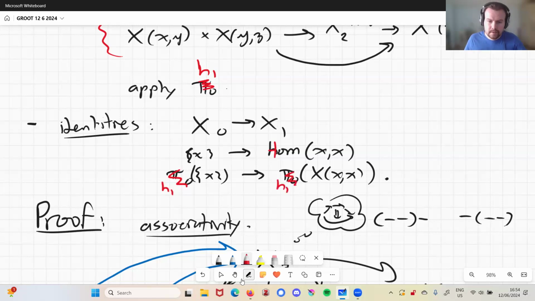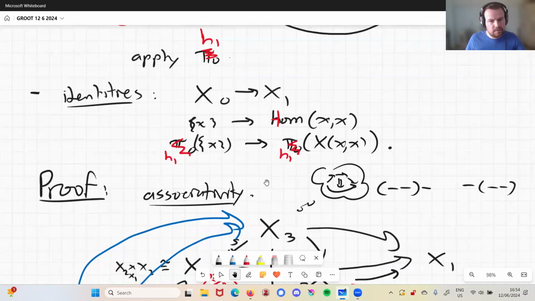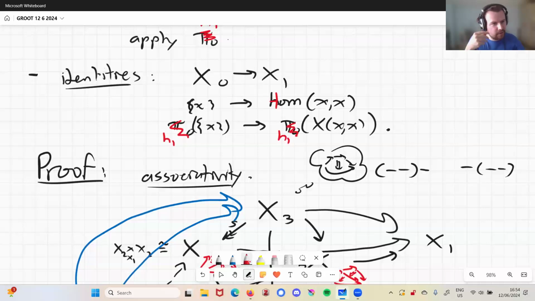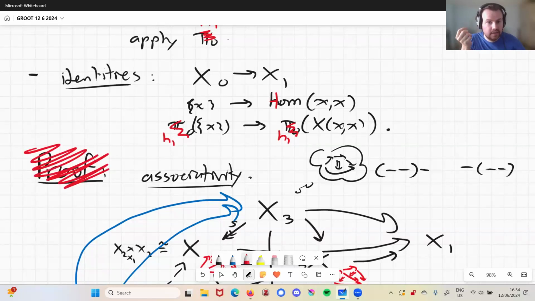All right. But now the statement of the theorem isn't done because for associativity, we no longer have the condition of associativity. We have the structure of an associator. So I'm going to get rid of this. And I'm going to talk about getting the associators now. And because I said nothing about proving identities before, I'm just going to show you the associators and not the unitors. All right.